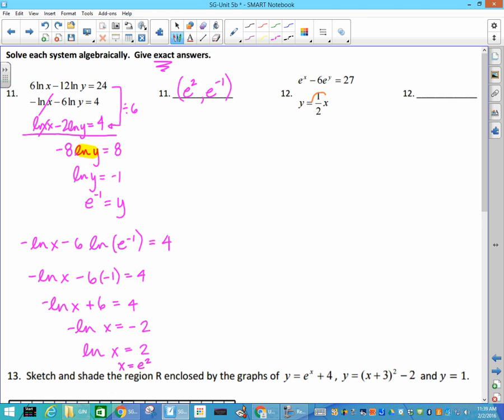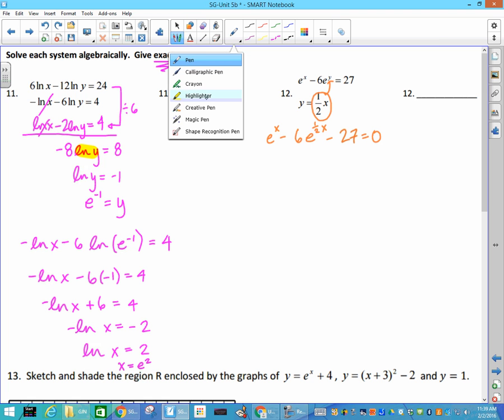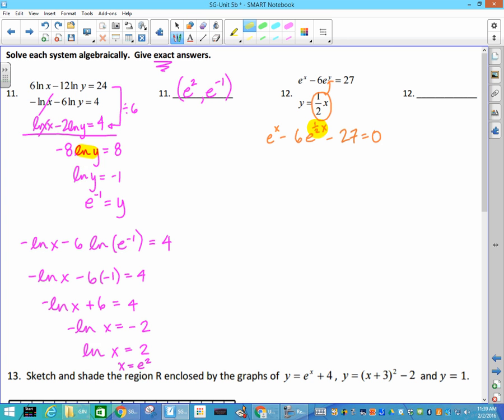I have y equals this thing, so I'm going to plug that thing in for y. That's going to give me e to the x minus 6 e to the 1/2 x, and then I'm going to take the 27 over. And we've talked about this numerous times, so I hope you can see it. Whenever this is half of that, or this times 2 equals that, then it is quadratic-like,